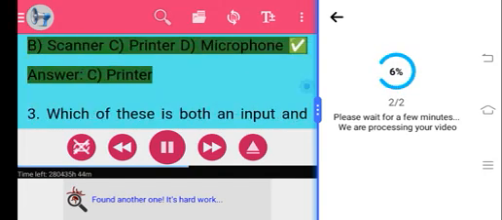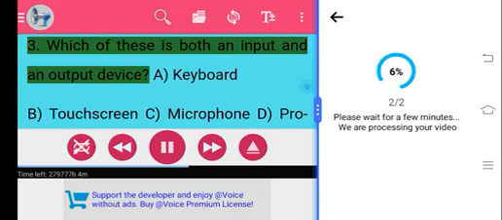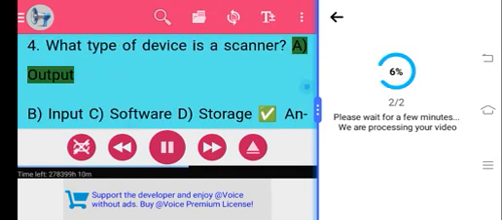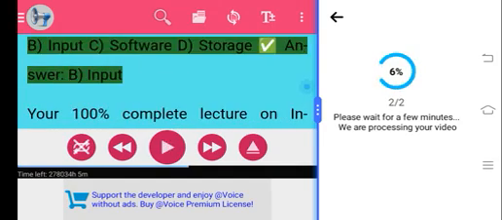A. Monitor. B. Scanner. C. Printer. D. Microphone. Answer: C. Printer. 3. Which of these is both an input and an output device? A. Keyboard. B. Touchscreen. C. Microphone. D. Projector. Answer: B. Touchscreen. 4. What type of device is a scanner? A. Output. B. Input. C. Software. D. Storage. Answer: